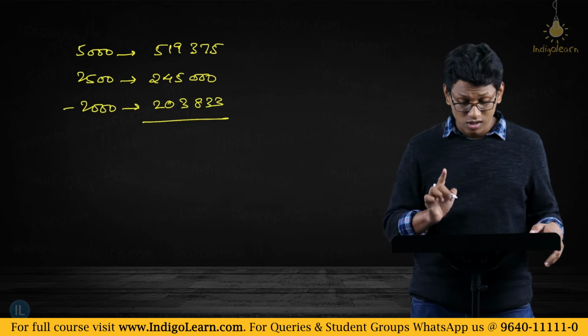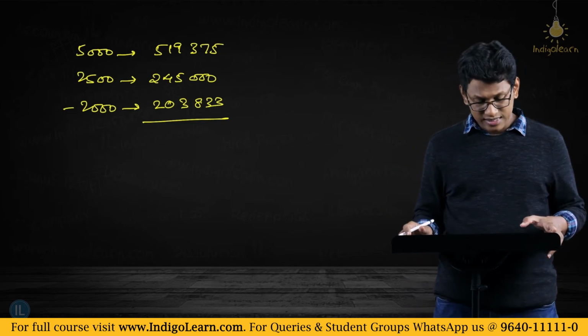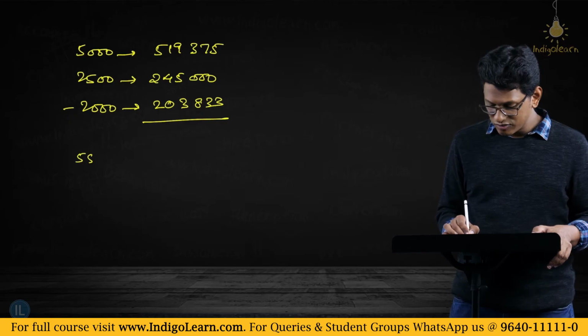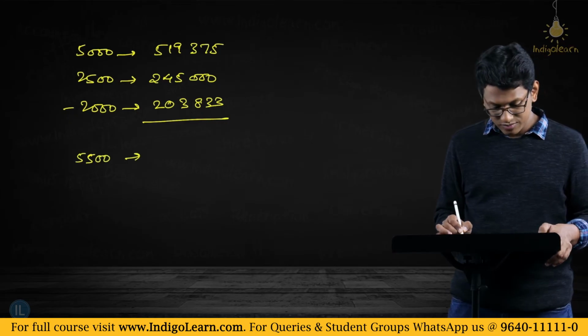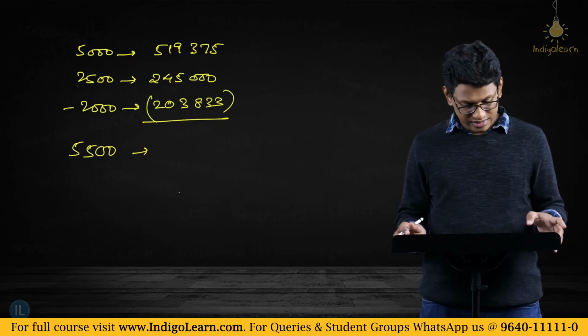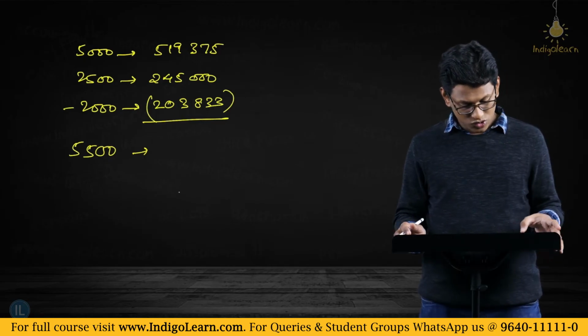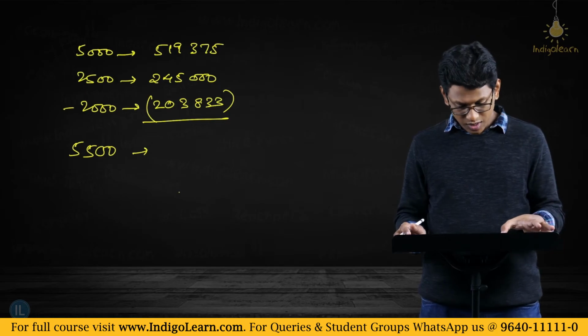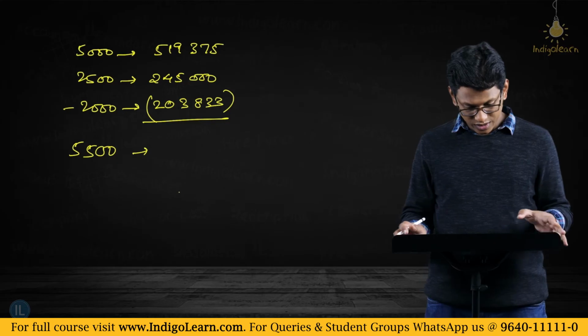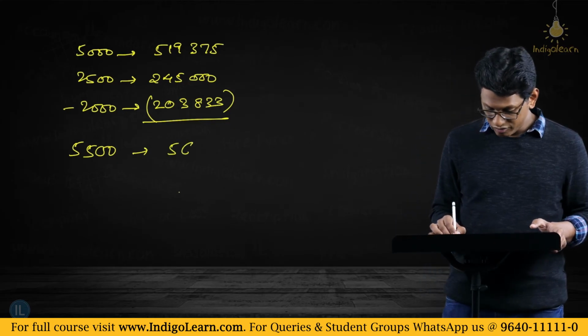Cost, I am talking only about the cost aspect, right. So considering this, what is the cost of 5,500 debentures? It will be 5,19,375 plus 2,45,000 minus 2,03,833,